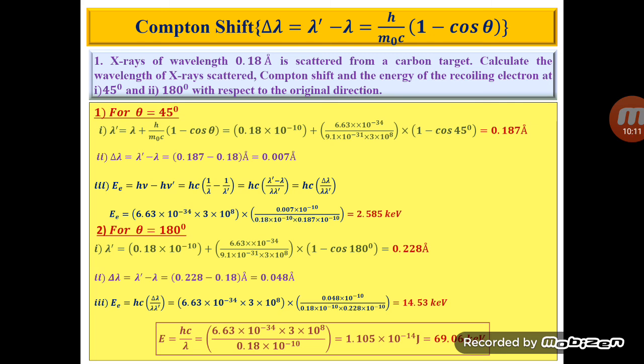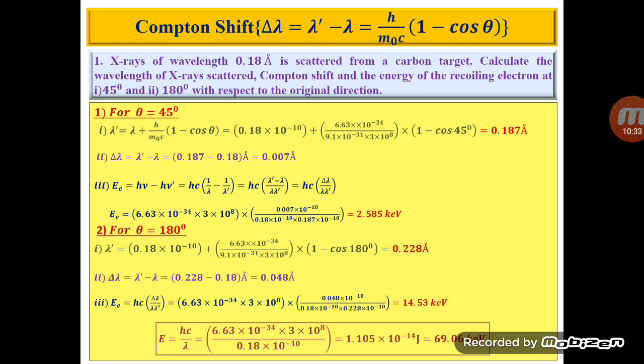That's why Compton scattering is an inelastic scattering, meaning the photon does not transfer its complete energy to the electron at rest,